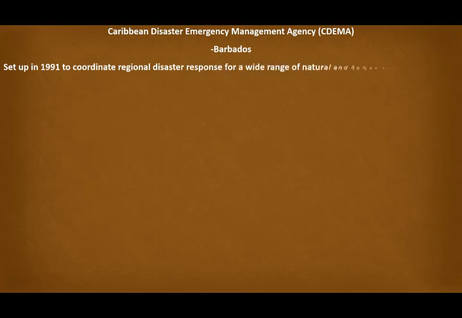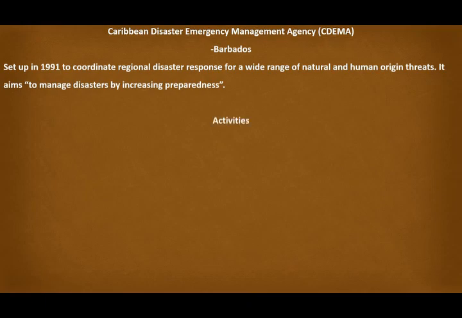Next one is the Caribbean Disaster Emergency Management Agency, or CDEMA, and the headquarters for this one is in Barbados. They were set up in 1991, and that's their aim right there, to manage disasters by increasing preparedness.